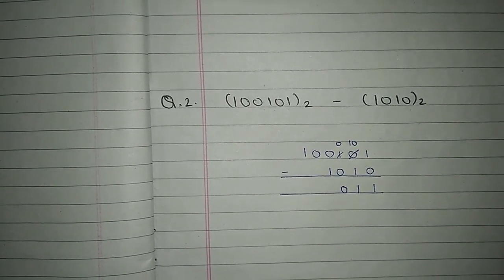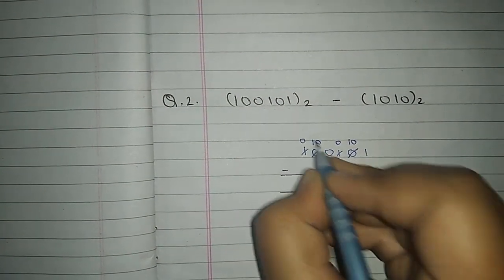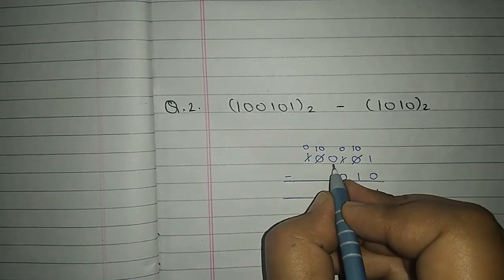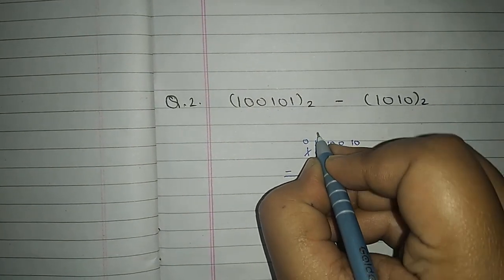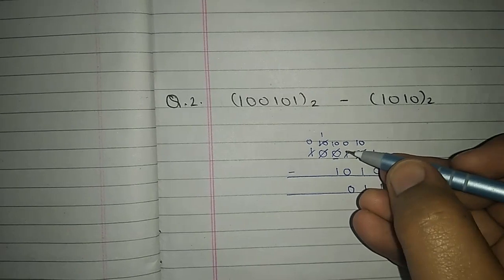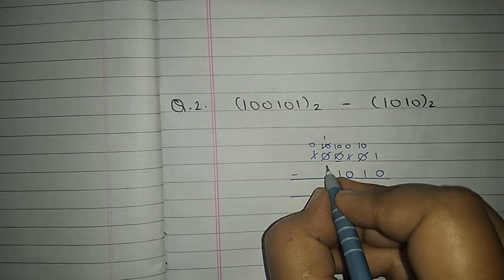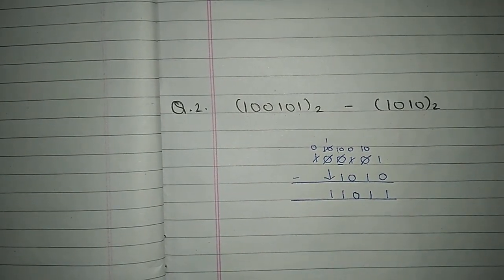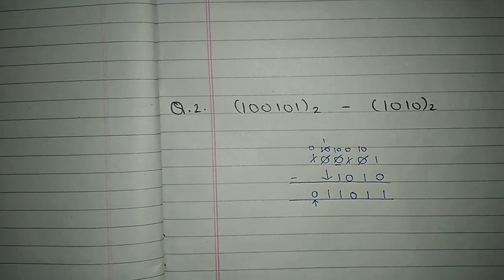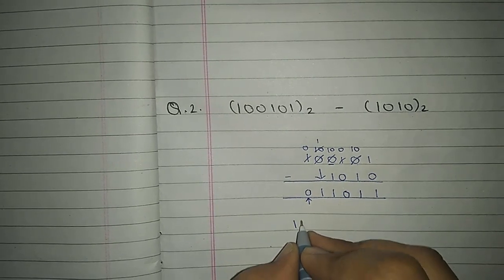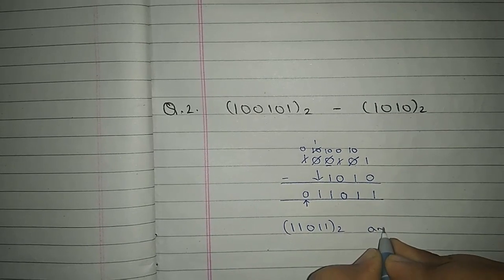So for this again we have to take a borrow. First we have to take a borrow for this 0. It will be converted to 1, 0. And this one will be converted to 0. And then we have to take a borrow for this 0. When you do so, the 0 will be converted to 1, 0 and this 1, 0 will be converted to 1. Fine. Now here we have 1, 0 minus 1. Answer will be 1. And then we have to note down this 1 over this side. Fine. And then we have to note down the 0. You can also skip this 0 because this 0 will not affect your answer. So our final answer will be 110011 with a base of 2.